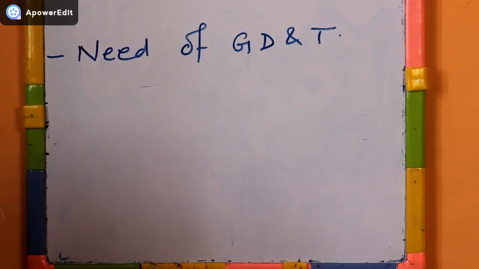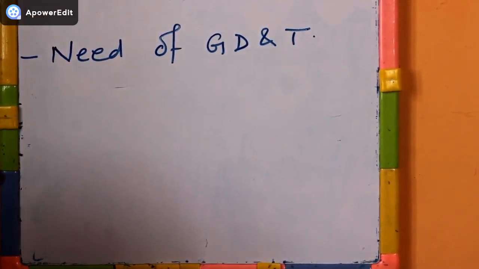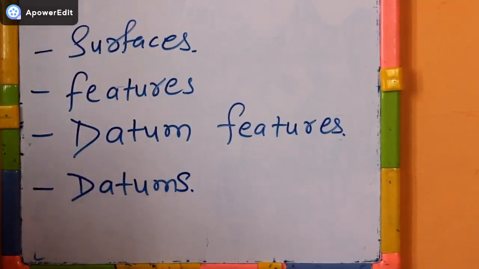Geometric dimensioning and tolerancing is a language of symbols based on good, sound logic. It allows the designer to express thoughts and design requirements in a very clear and concise manner. It assures us that if properly defined, the part made per the drawing requirements will also fulfill the design needs. Moving ahead to the next topic, it is about the surfaces, features, datum features and datums.